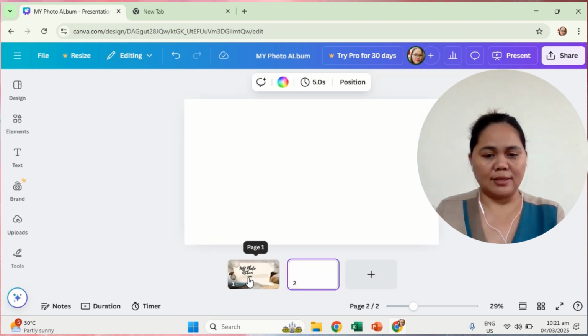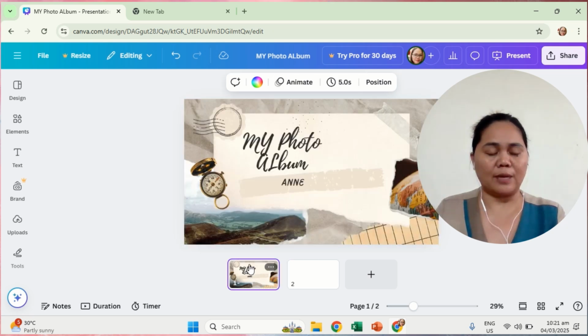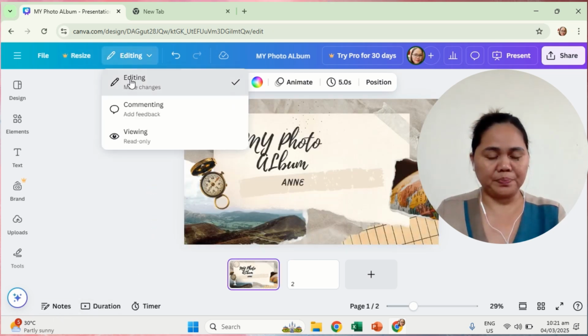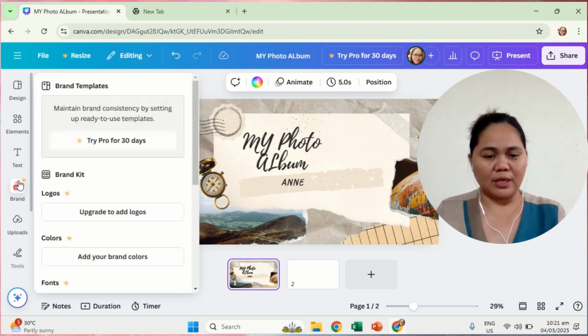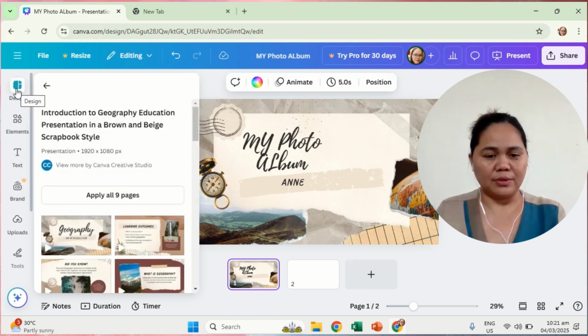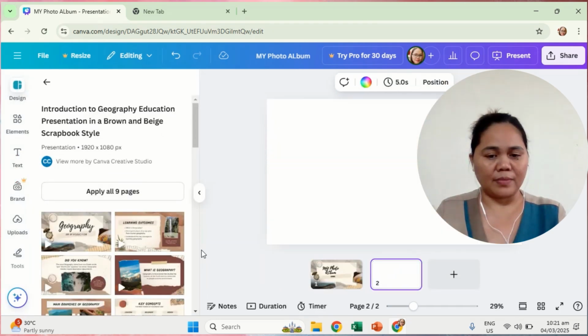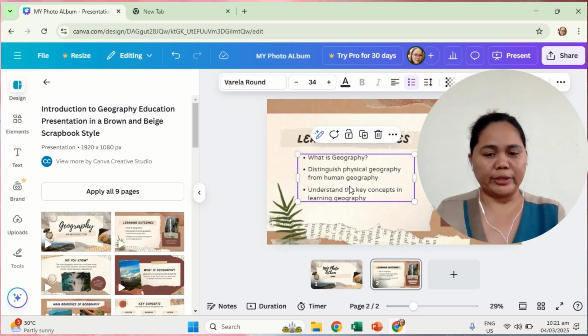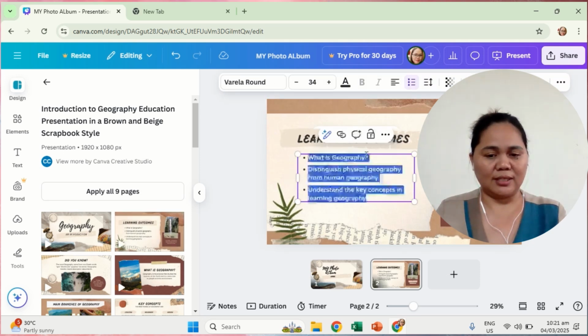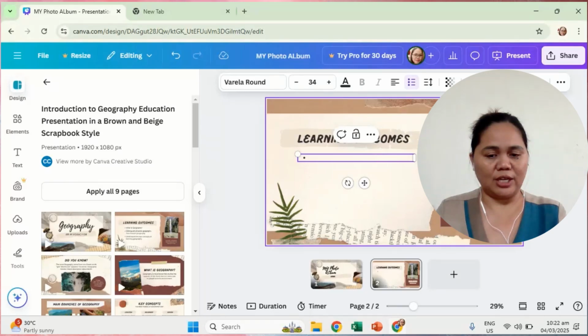all right, then we can now upload some pictures. You have to click upload in the menu. Let's wait. Okay, so in the design, we're going to add some slides, change them.